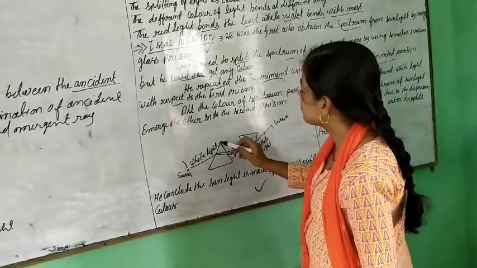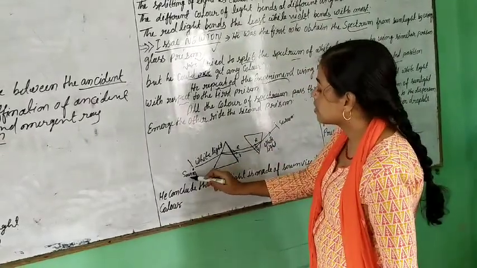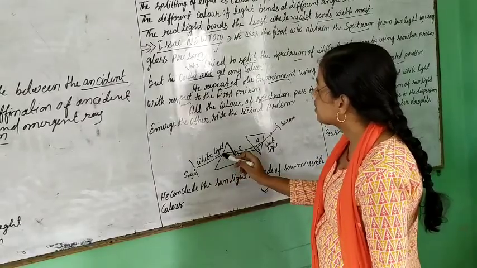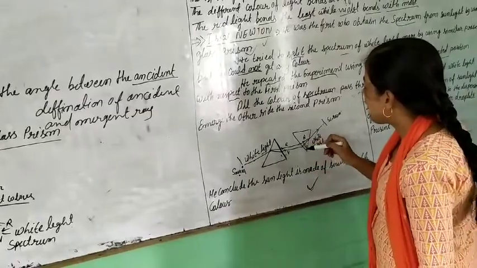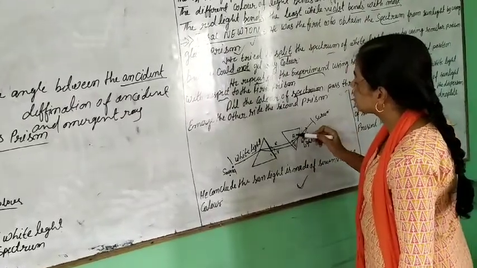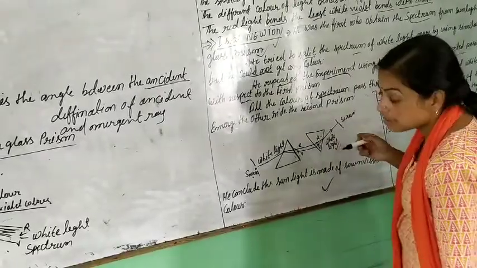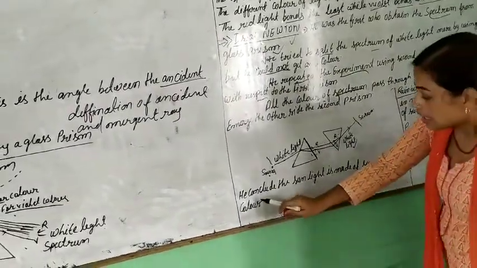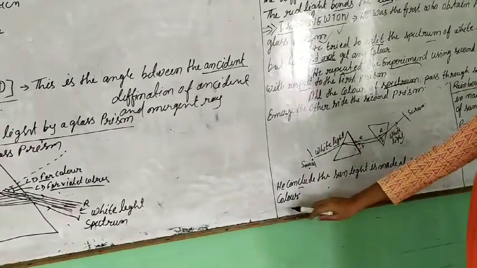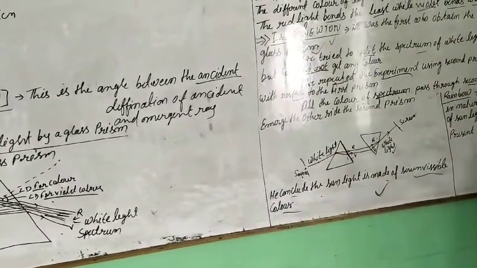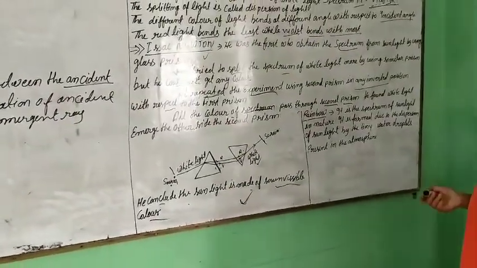This is the source of white light. When the white light goes through the first glass prism and then into the second glass prism, he got white light again from the spectrum and its colors. He concluded that sunlight is made of 7 visible colors. In his experiment, he found that the white light of the sun has 7 colors.